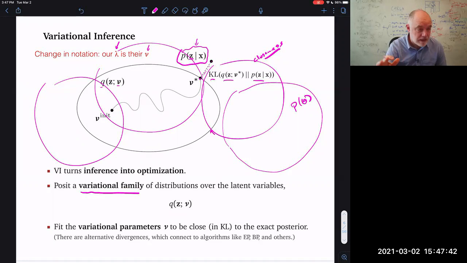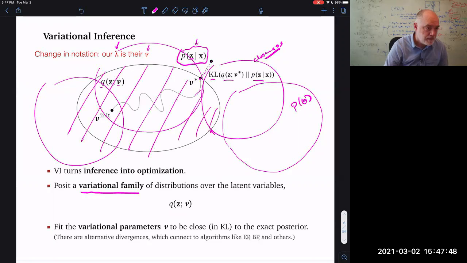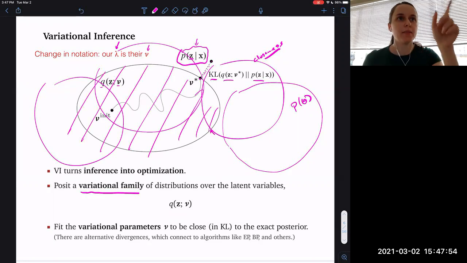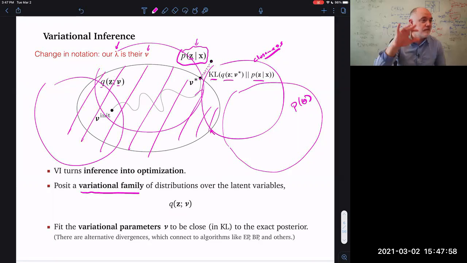So we're saying we're going to try to find the member of this set that is closest, in the KL divergence sense, to this P of Z given X? That's correct. The P of Z given X is the thing that we've been trying to characterize the entire time. That's the principal activity of the course, automating the characterization of P of Z given